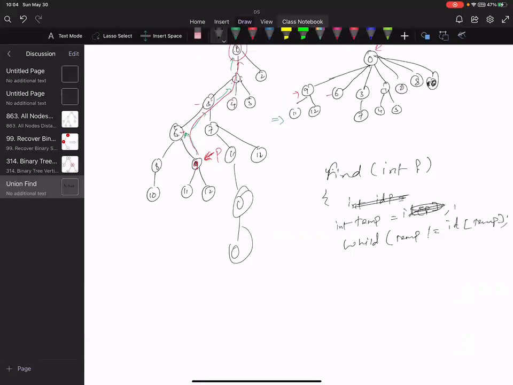I can just say P here. Temp equal to ID of temp. So basically, in one pass we found what is the root of my 9, and then in another pass I will update all the parents to this 0.